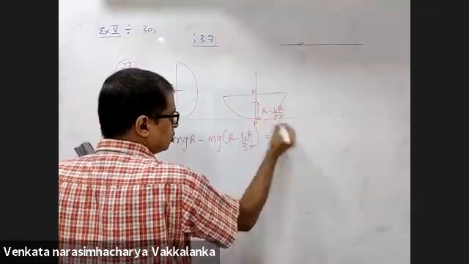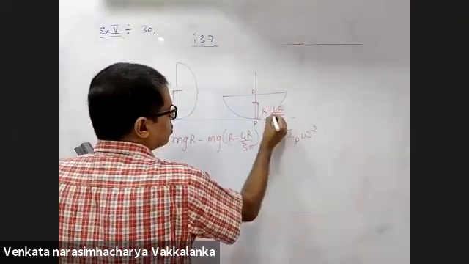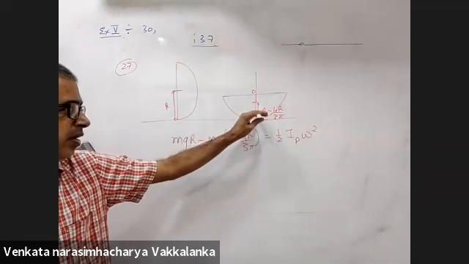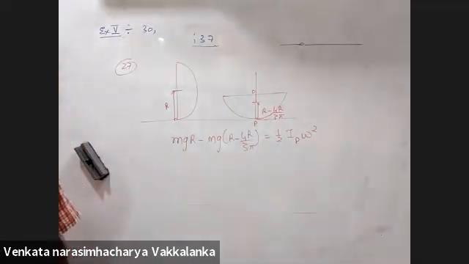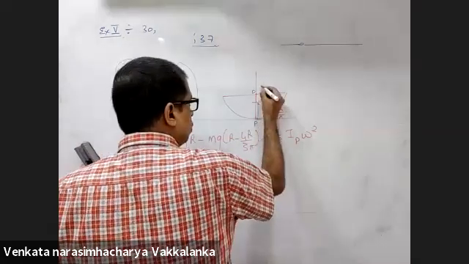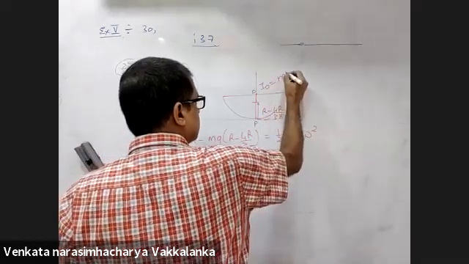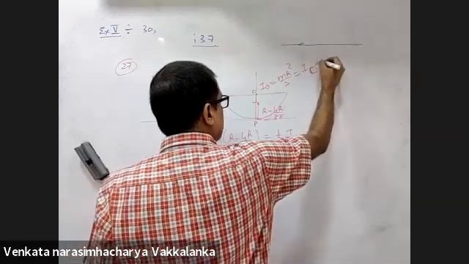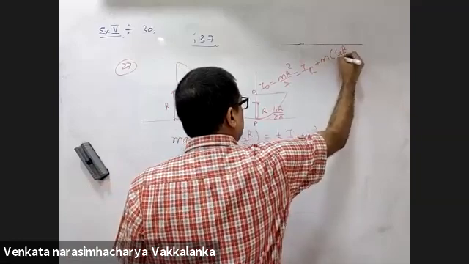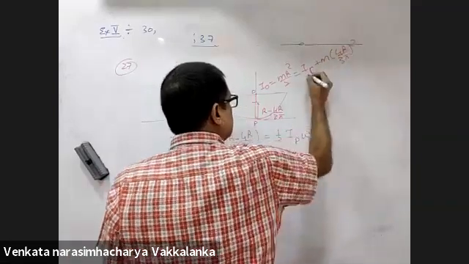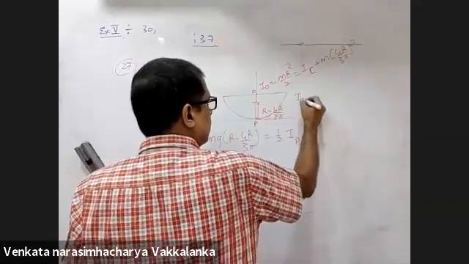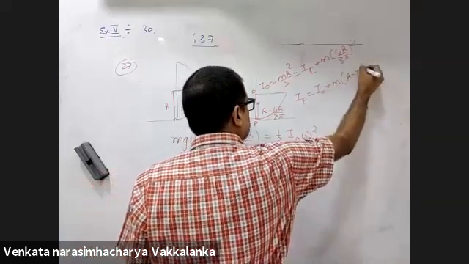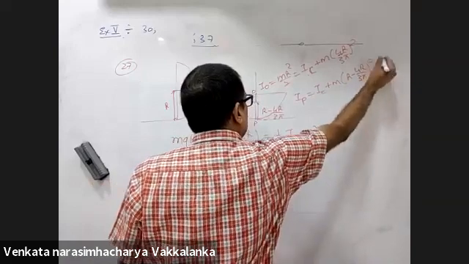about this is O, this is P. I about P into omega squared. All of the catch in the problem lies in finding out I about P, which by now you people know how to do. You know I about O, right? I about O is mR square by 2, which should be I about center of mass plus m into 4R by 3 pi whole square. Now this I about C will substitute here. I about P is I about C plus m into R minus 4R by 3 pi whole square.